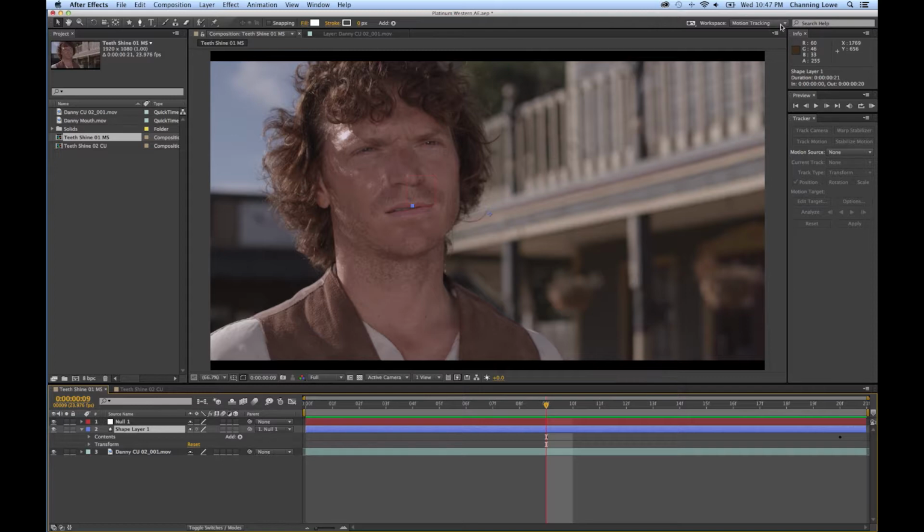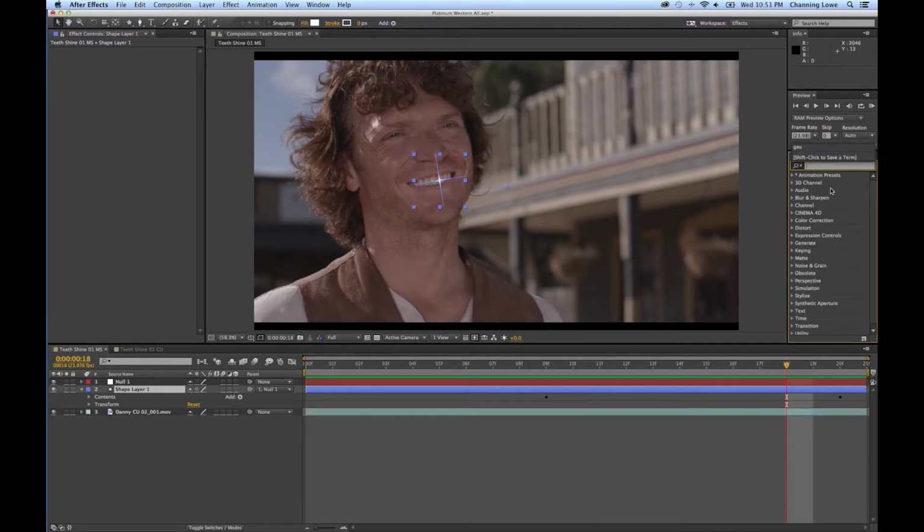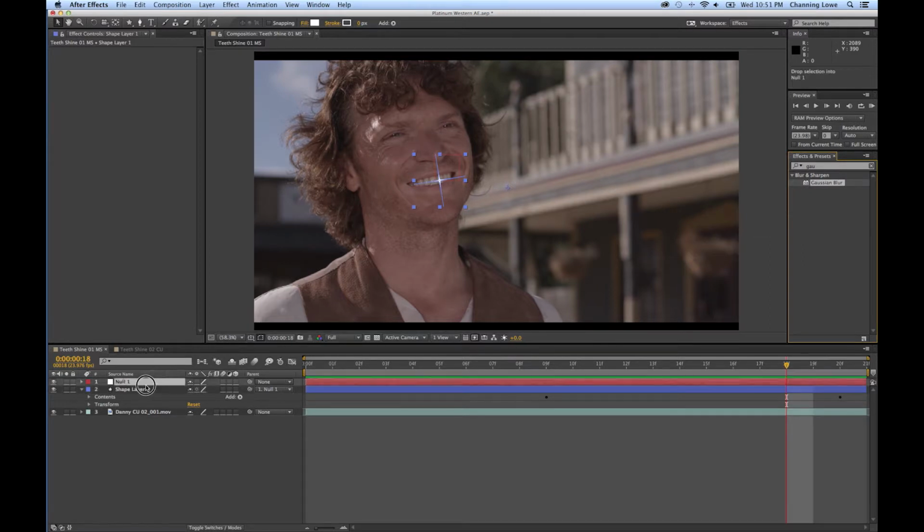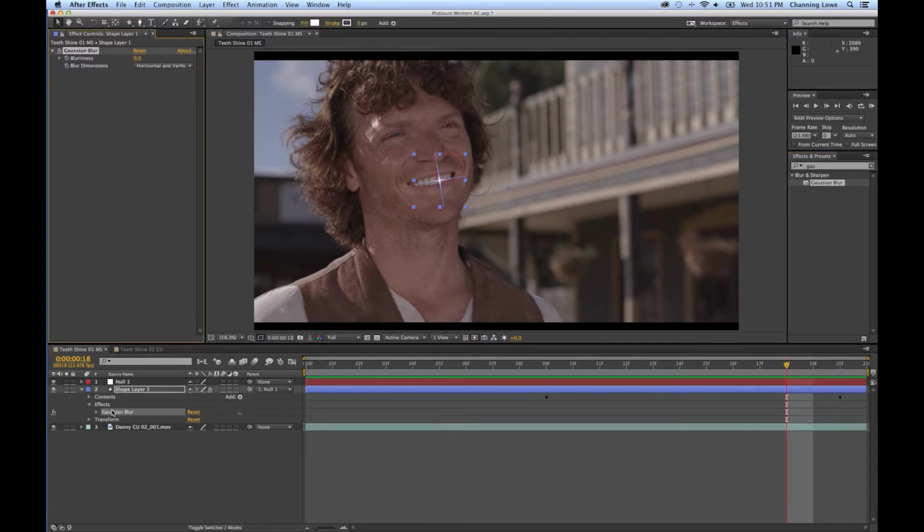So I'm going to pull down my workspace and set this for effects. I'm going to go over to our search engine here in the effects panel, and we're going to type in GAU for Gaussian blur. There's the Gaussian blur right there. I'm going to grab it, drag it to the shape layer, drop it onto the shape layer, and you'll notice